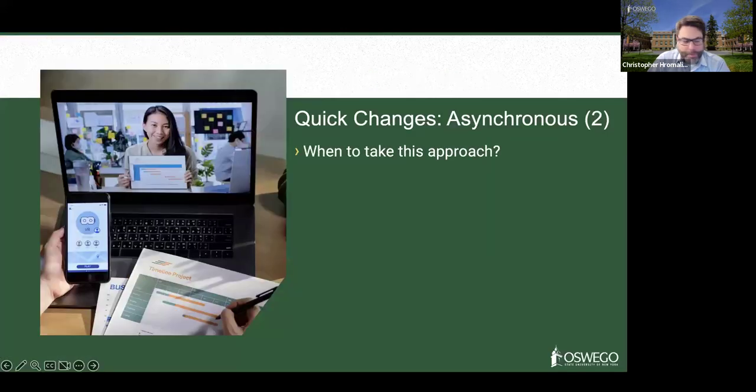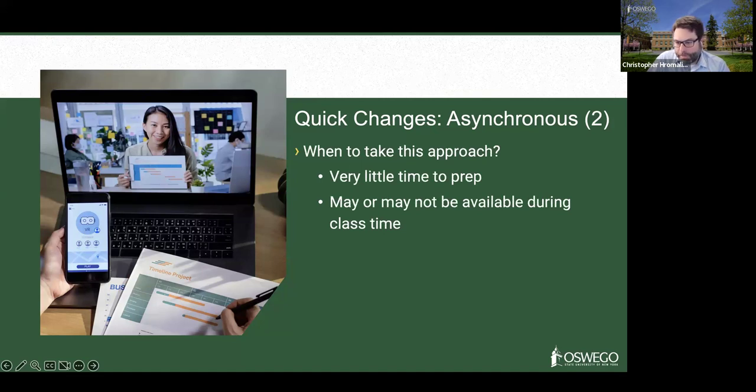But some of the quick changes, when we might take this approach, we might have very little time to prep, and we may or may not be available during the class time session as well. So an example, this might be that there's a last-minute doctor appointment that comes up, and instead of being able to provide a face-to-face classroom experience, then we're going to be moving it very quickly online to not lose that